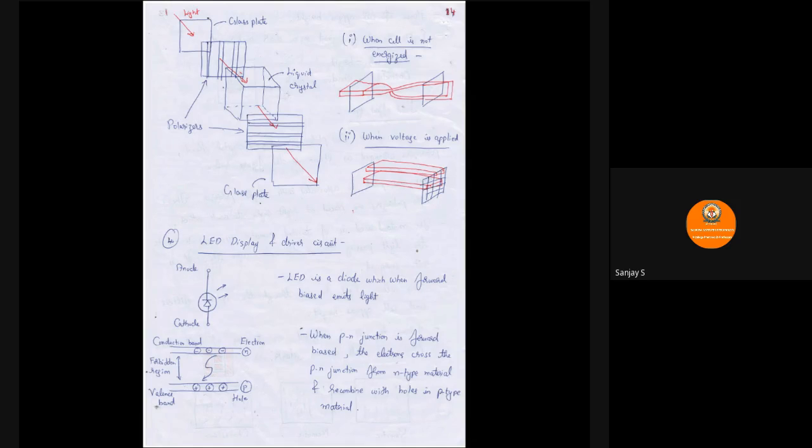Next, we'll talk about LED display and driver circuit. So LED is a diode which when forward biased emits light. So this is the representation of LED, where we have